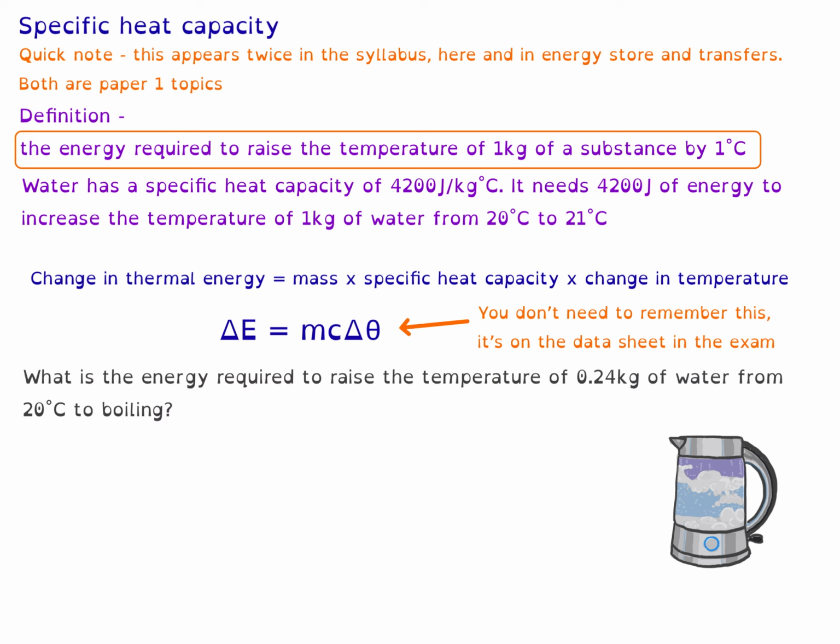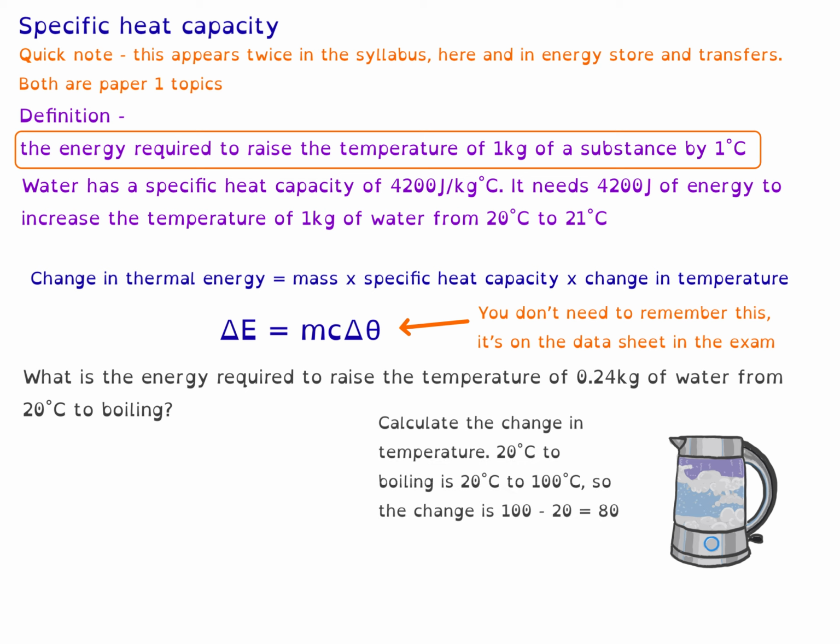What is the energy required to raise the temperature of 0.24 kilograms of water from 20 degrees Celsius to boiling? Well, first of all, let's have a look at the temperature change. 20 degrees Celsius to boiling is really 20 degrees Celsius to 100 degrees Celsius. So the change is 100 minus 20, which gives us 80. Then we need to substitute our numbers into the equation. So our mass is 0.24, times our specific heat capacity for water, which is 4,200, and times that by our change in temperature, which is 80. And this gives us a change in energy of